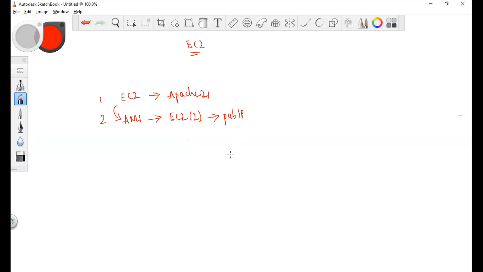So till there we have done EC2, and then we started with EBS. EBS, which stands for Elastic Block Store, is a volume for your EC2 instance, correct? We can create an EBS data volume. I'm talking about the data volume because an EC2 instance by default has a root volume.